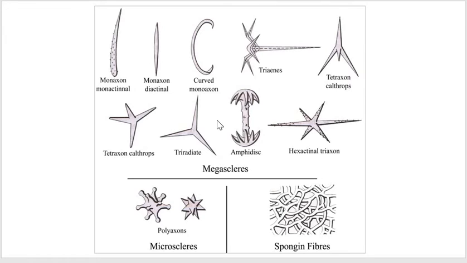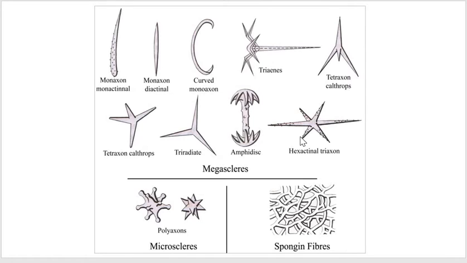Now the third type, that is trioxon. Okay, here you can see trioxon spicule. Trioxon or hexaactinal spicules, you can see in this diagram, are characterized by 3 axes crossing at right angles, therefore producing 6 rays, right? So trioxons are characteristic of glass sponges. Such a particular type, the hexaactinal trioxon spicules, are the characteristic of glass sponges.